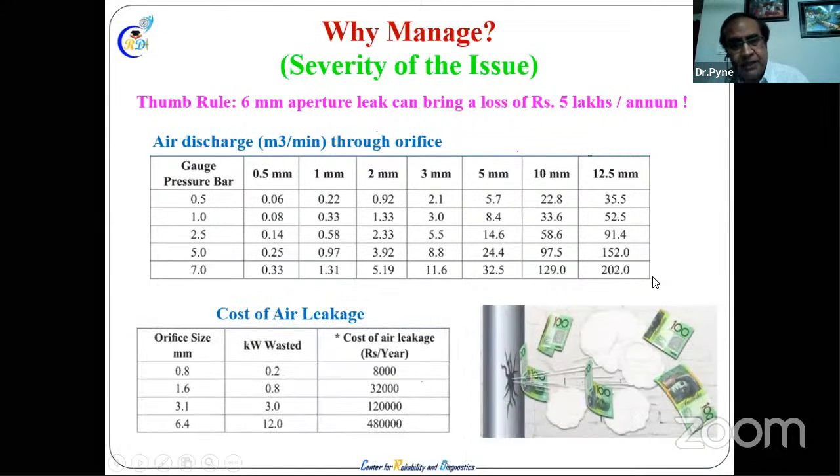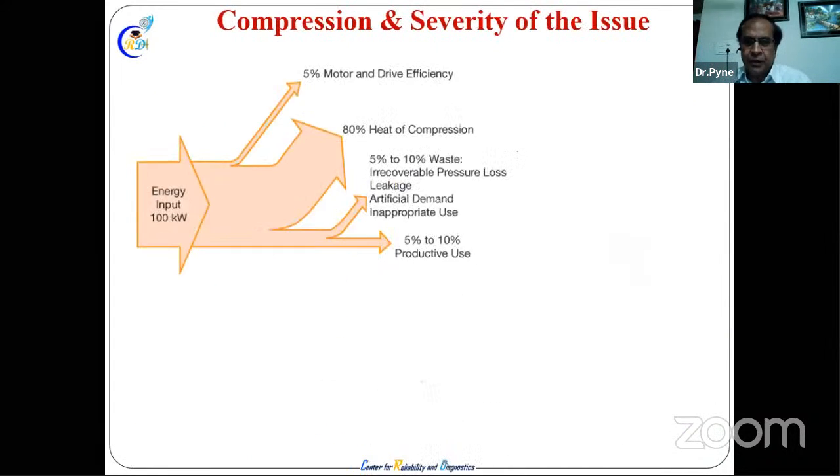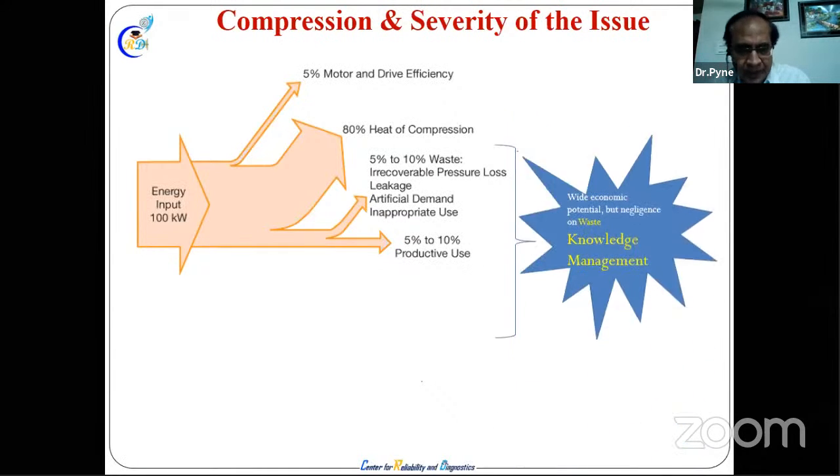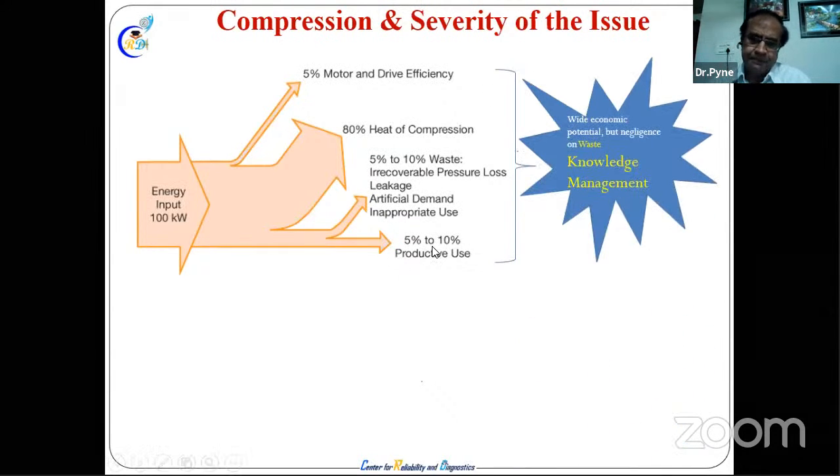So much energy, but we care very little about energy saving in compression, which has the widest scope for energy saving. The severity of the issue in the compressor is very high. We get only 5 to 10%. So awareness is a big issue. Leakage is too much. Nobody bothers about leakage, and leakage is not visible as long as it is not making a lot of sound. People don't care about it. Forget about equipment reliability.